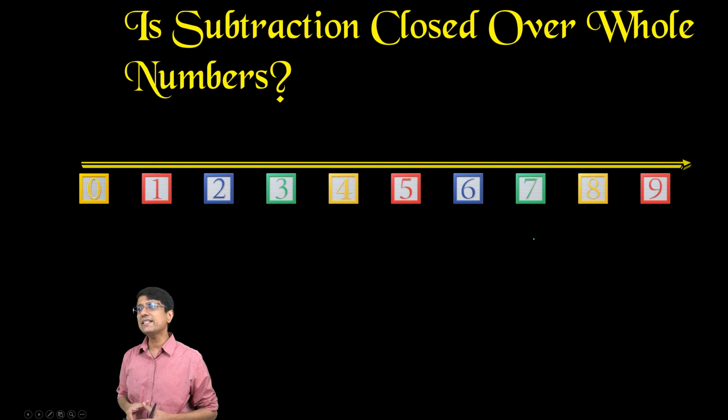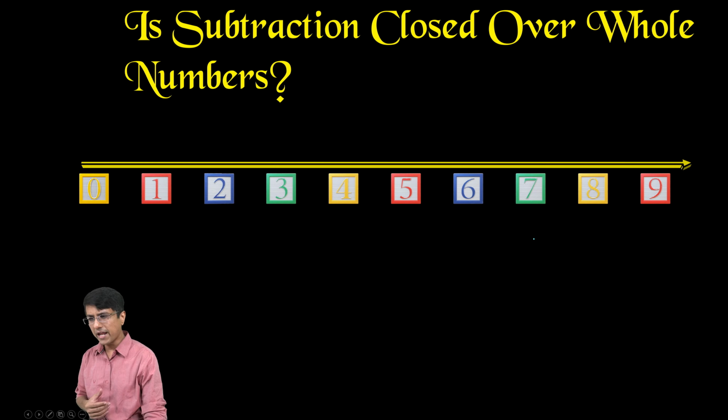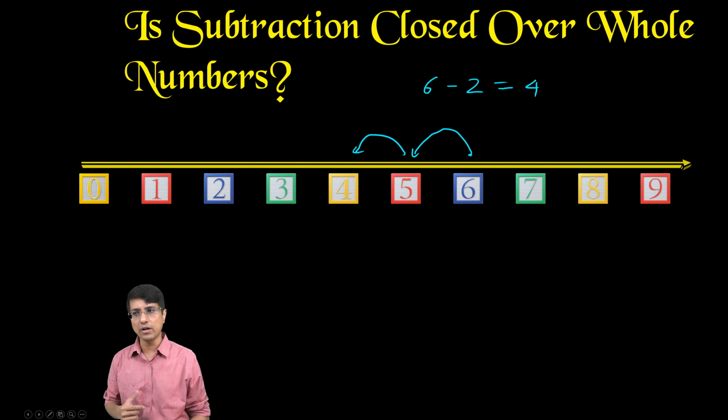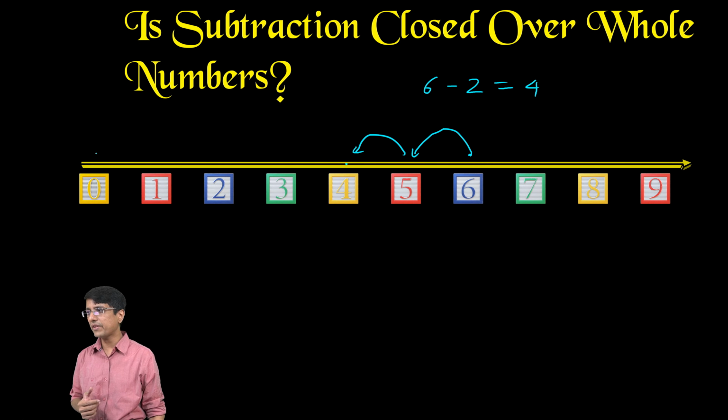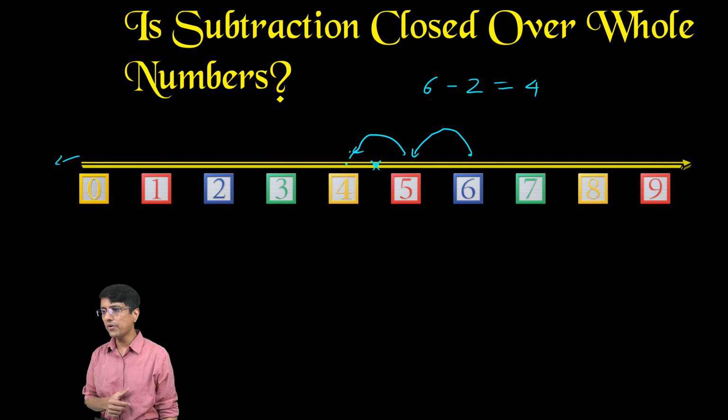Now with that, let's see what happens in case of subtraction. Is subtraction closed over whole numbers? Let's see what happens. What is the subtraction operation? We know that if I take two numbers, let's say that I took two numbers 6 and 2, then 6 minus 2, the way I would do is that I will start with 6 and make 2 jumps backward. My answer would be 4. And that looks like it is a whole number, right? This 4 is a whole number. We have neither fallen off the number line, nor have we landed in one of these places between two whole numbers. So this 4 is a nice whole number.